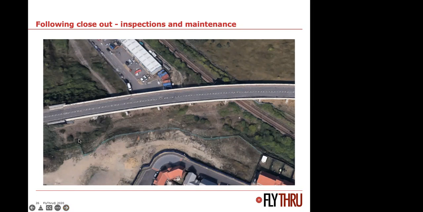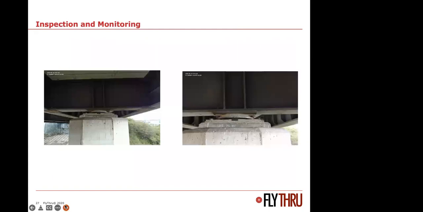housing estate. To the north is completely fenced off, and originally they were planning to inspect this on a 6-yearly basis using mutes, going in underneath and checking on the state of the concrete, and also the bearings that are taking the load of the bridge. They're not able to do it now because they've sold the land in and around it. So what we do is put the drone in there.